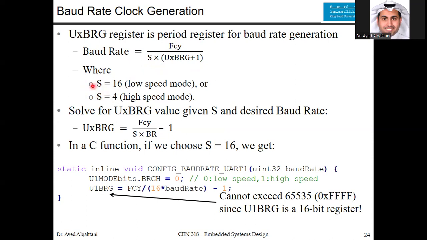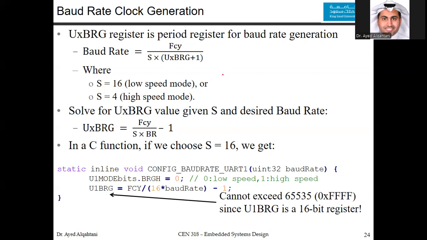So if you use 16, that's a low speed mode. If you use 4, that's a high speed mode. You might be confused by this. That's 16 clocks, how can we say low speed, not high? Remember, what we're interested in is the bits themselves. So just to explain this quickly,